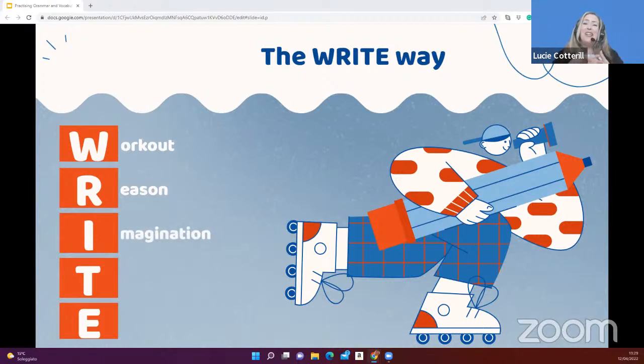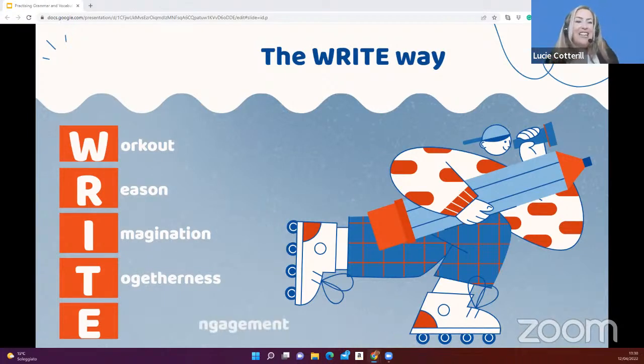And also, we need to include that element of imagination. Even the students that say, I'm not creative, I've got no imagination, they can work in groups. So maybe you've got one who's very imaginative, another in the group who's very good at the language and the structural aspect. So they can work together. And in fact, T is for togetherness. Writing does not need to be an individual task. It can be collaborative as well. And the students probably enjoy that and they learn from each other too.